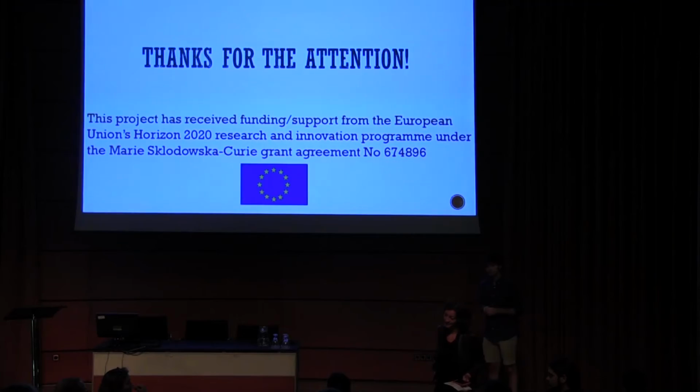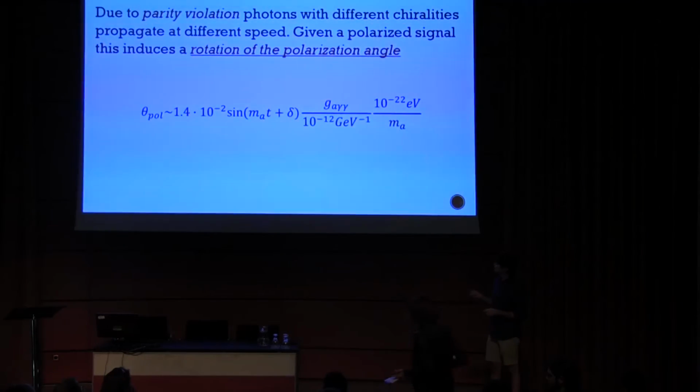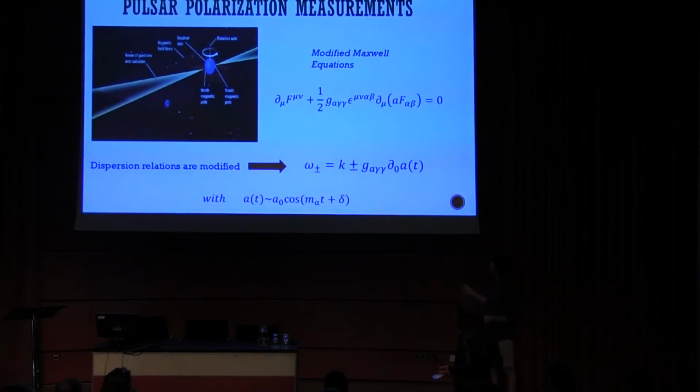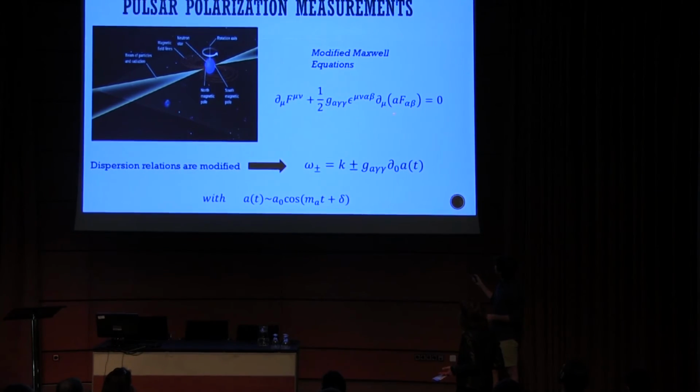Can you say again, I missed the connection with the fuzzy dark matter? Yeah. The point is that in this calculation you just assume it's fuzzy dark matter with a normal density, and the effect is not negligible even if you assume just the local density. The effect is not affected by the density profile between the pulsar and us. Because if you solve the equation, the coupling always enters with a derivative. So at the end, it will just depend on the density at the beginning, when you emit your signal, and at the end.